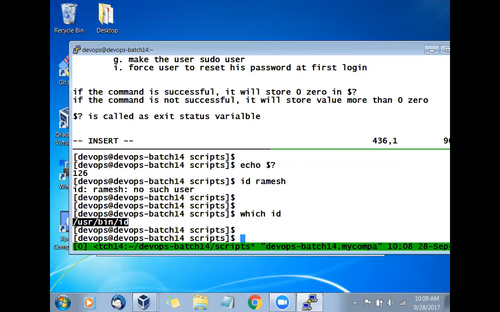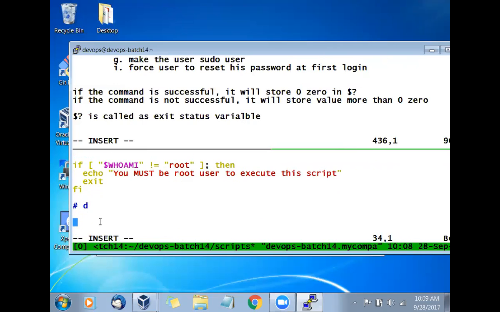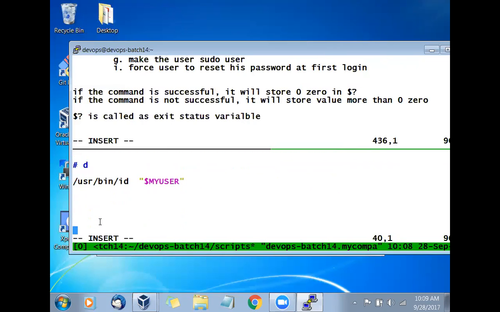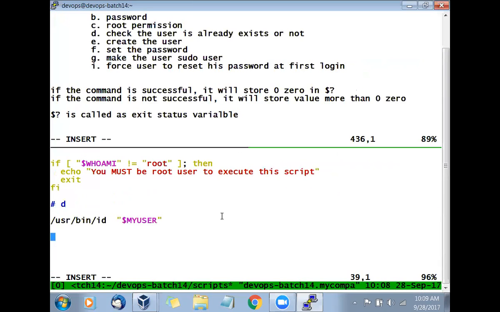Okay, shall we go? So we'll open the script, createuser.sh. So how to identify? I will say go with this command and go with this user, my user. Try to identify the user.